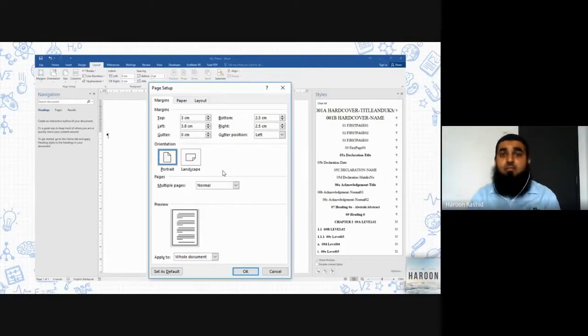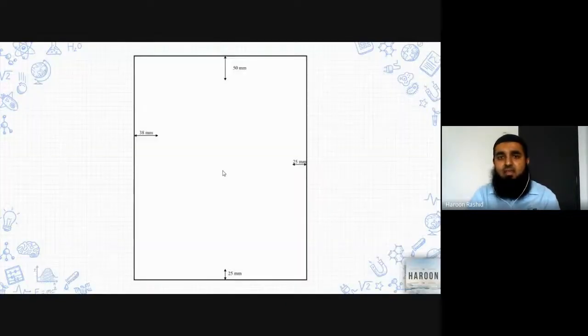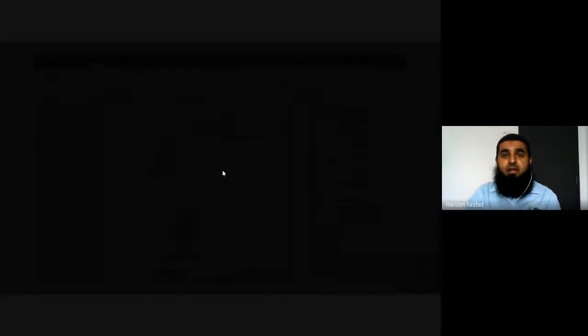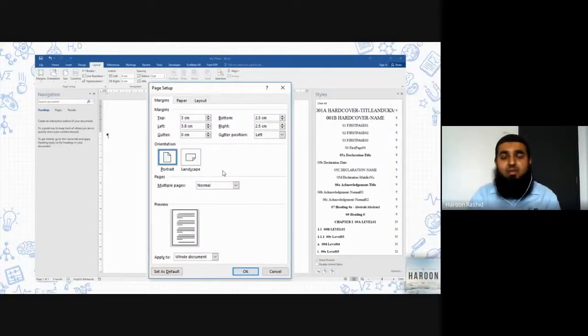For you, page setting is only these settings. The top margin must be 3 cm, bottom 2.5 cm, left 3.8, and right 2.5. Okay, you might have a question. Why am I saying to put 3 on top, whereas UKM is asking 50 mm or 5 cm? Yes, because for the first page UKM is saying you to have 5 cm, but subsequent pages must be 3 cm. So we are going to fix here the least size of our pages we require, and then the rest of the settings our template will do automatically for us. So make your job easy.